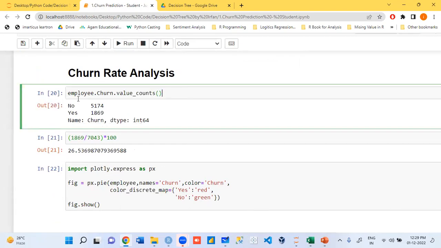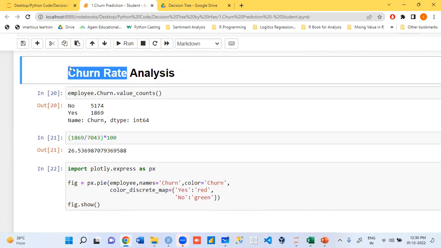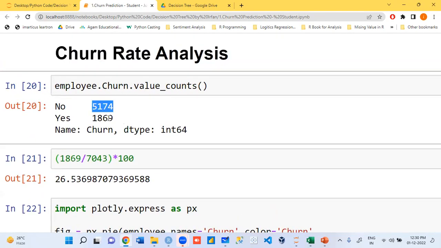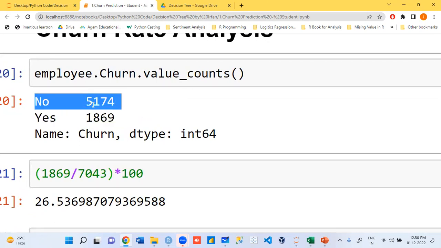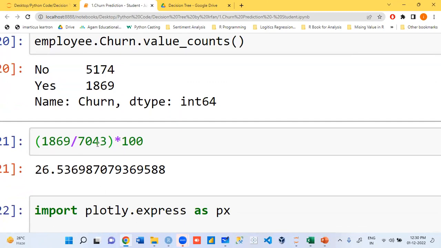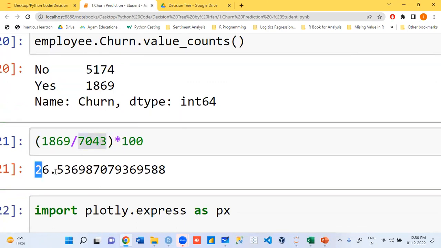Next, we need to cross-check how much percent bad customers we have. In bank, we have good and bad. Here we have churn, so we call it churn rate. If a customer changes network, we cannot say he's bad. He wants to change his opinion. So here we say, how many yes do we have? 1869. How many no do we have? So 1869 divided by the total count. How much percent? Out of 7,000 data, 26% of my customers are changing from Vodafone to Jio.